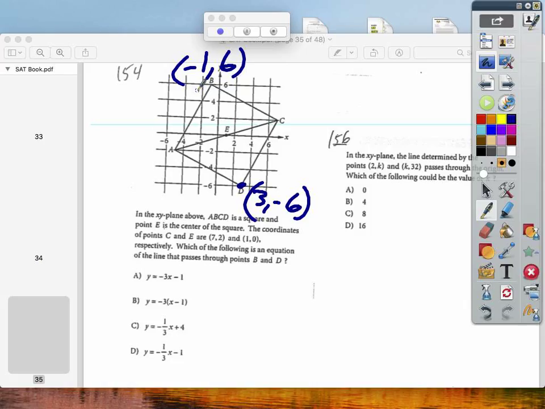And the only one it could be is A or B. And you could have just looked at that one. No, it's not going to hit through negative 1. So the only one it could